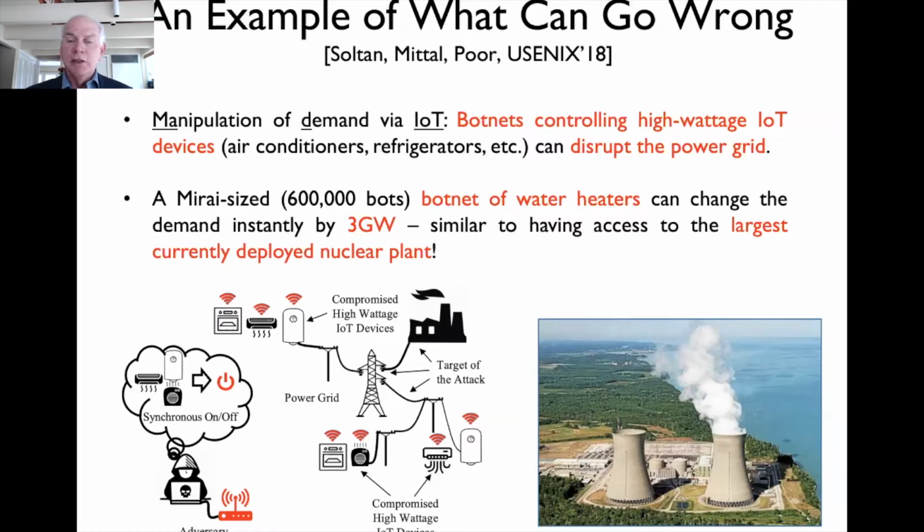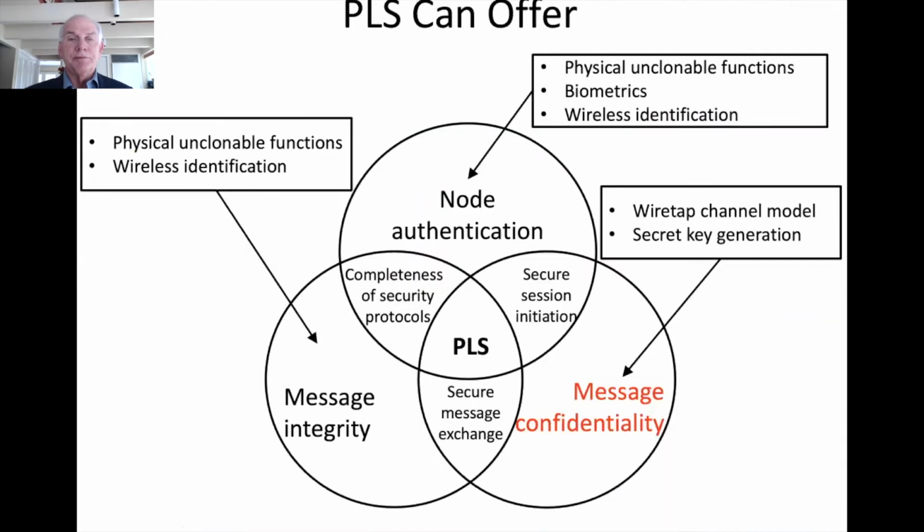So IoT covers a lot of things: factory automation, self-driving cars, and so forth. A lot of very important and mission-critical things involve the Internet of Things, including the power grid. So it's important to think forward about ways that we might be able to secure the IoT, given the limitations that we have on the devices and the network.